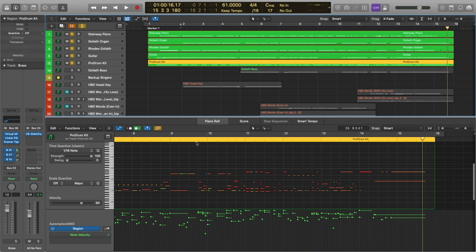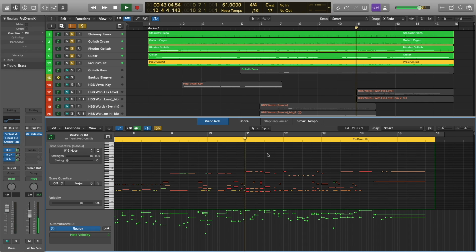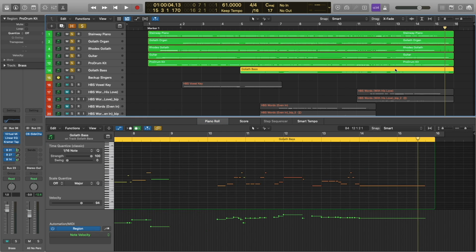And now for our drums. Just lots of fills, lots of cymbals, and some fun drum programming going on there. And now for our bass.